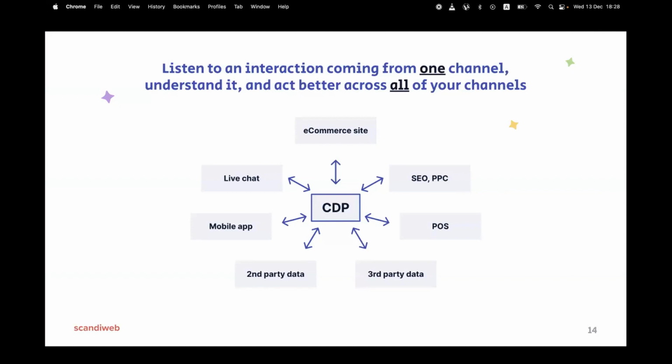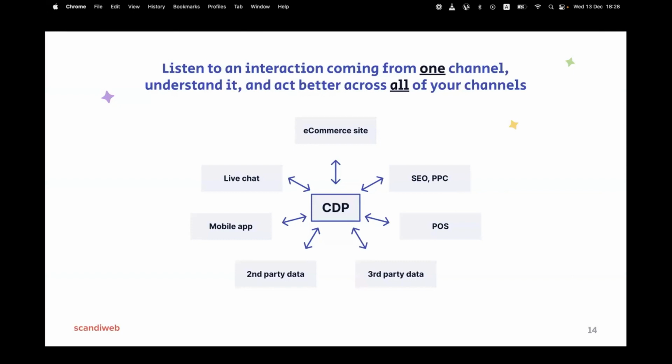So there is a CDP and there are some external systems: sources of traffic, maybe live chat, maybe app, maybe second- or third-party data. And there are 2 ways of connection.